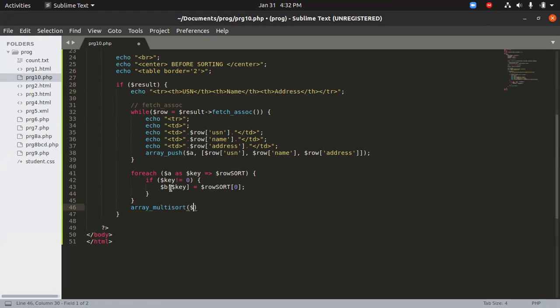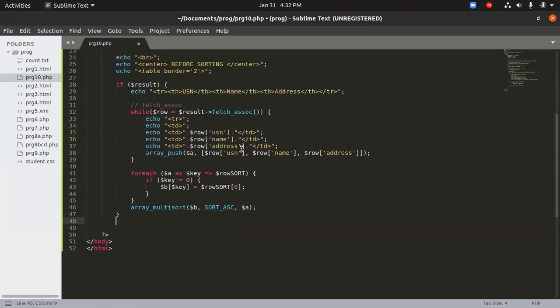So there is $b, and then we're going to tell the type of sort, SORT_ASC, and then $a. So this part does the whole thing. So remember this whole process here. From here to here is where all the sorting happens.